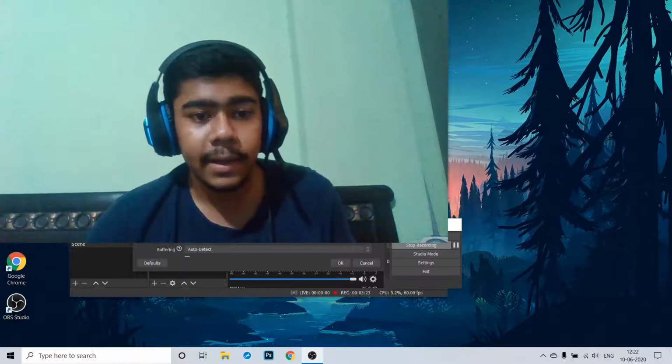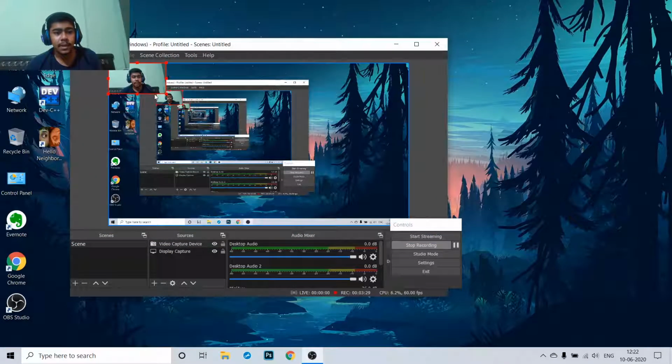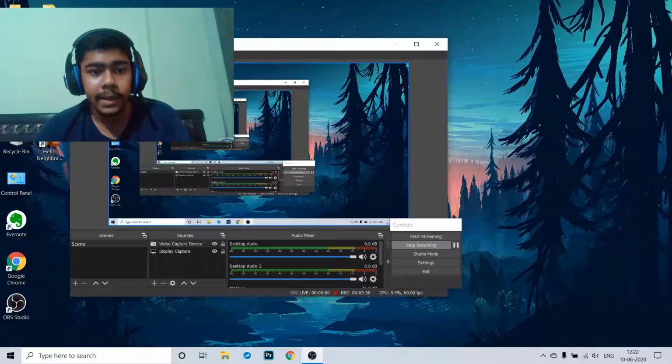So you can just select the integrated webcam that is on my computer and click on OK. What I'm going to be doing is decreasing the size of this, and how can you reduce the size of this is click Alt on your keyboard, and you can just reduce it from any direction. Wait, let me just show you.